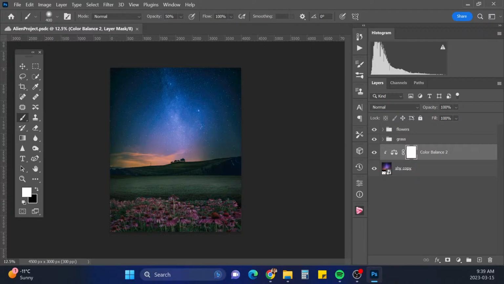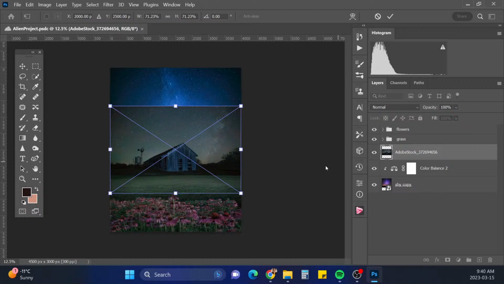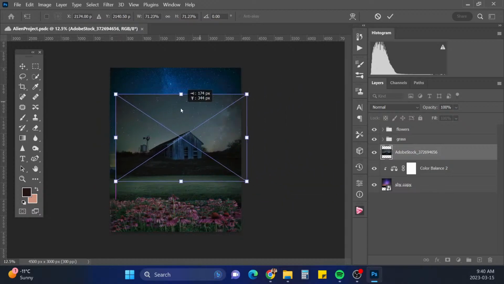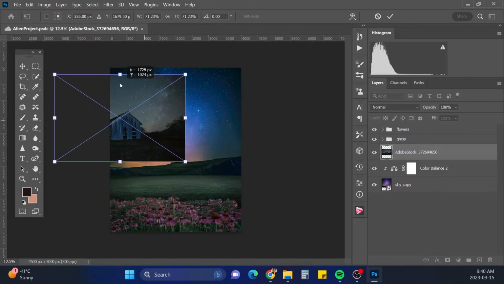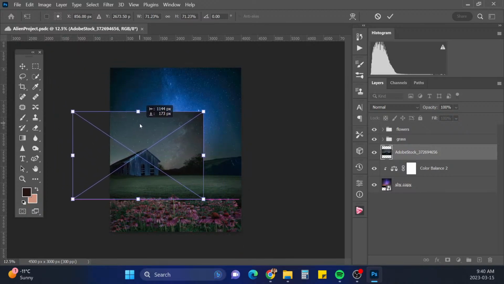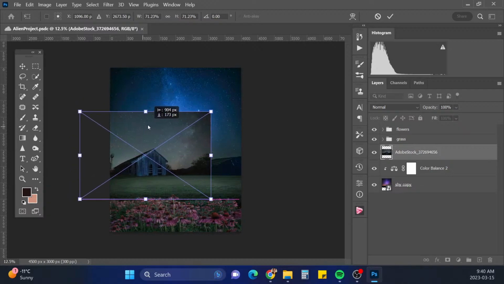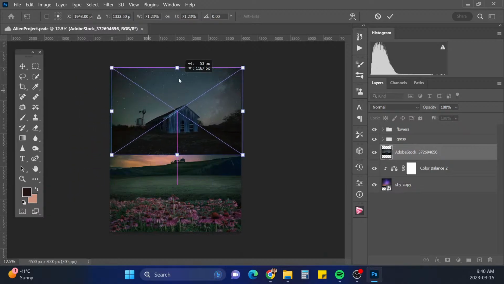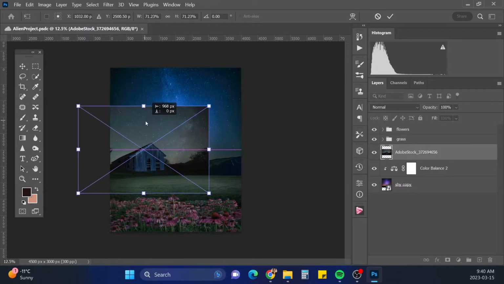Okay, let's bring in our barn. Now, I'm really not sure if I want it placed in front of the hill or on the hill. Maybe right here.